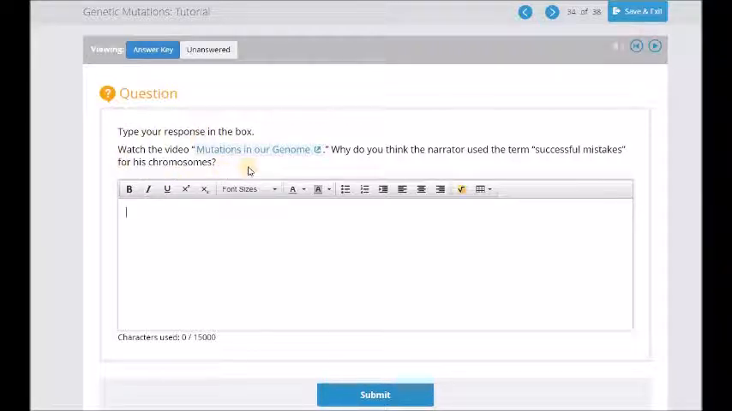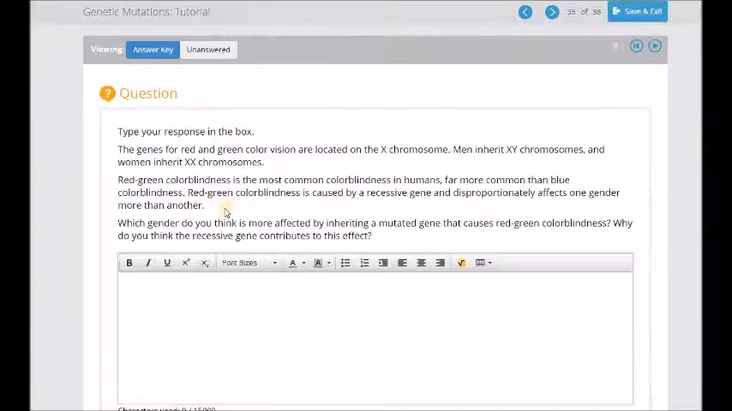Okay, watch this video on mutations in our genome and tell me why the narrator talks about certain things as successful mistakes. Tell me what's a successful mistake. And here's the whole thing about color blindness. And color blindness, you might want to Google it a little bit, but it's interesting because